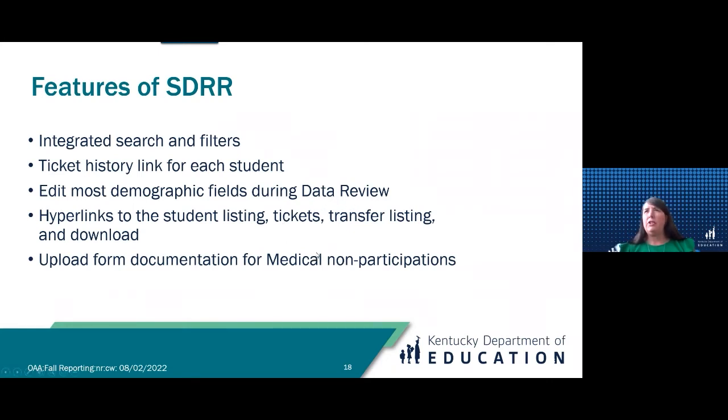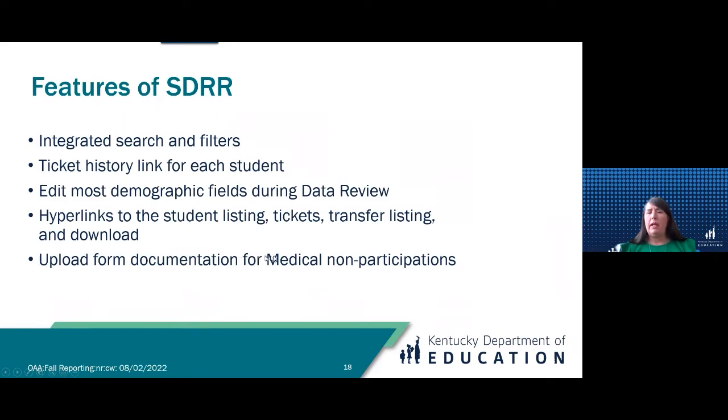Or if you're looking at your participation statuses, you'll see, hey, why was this kid not tested? You want to make sure that there was a valid non-participation reason why that kid didn't get tested. And one of those could be medical. And we'll talk about the non-participations for different things. We'll show you some screenshots of those and how to do this process.